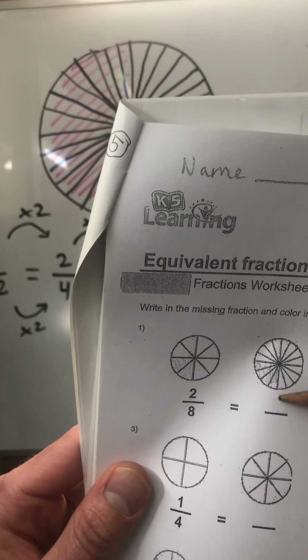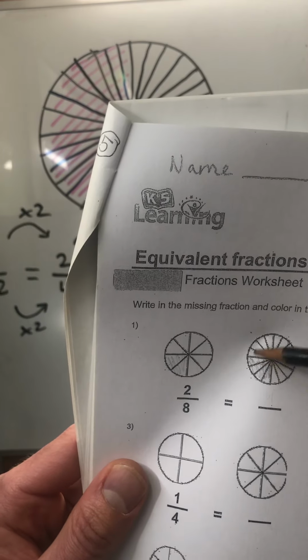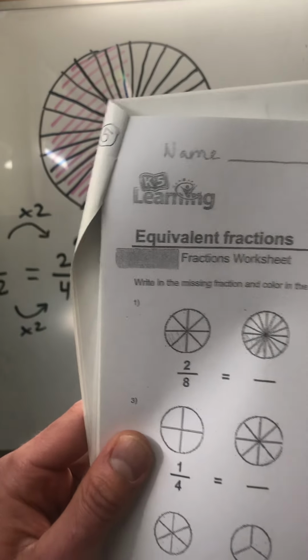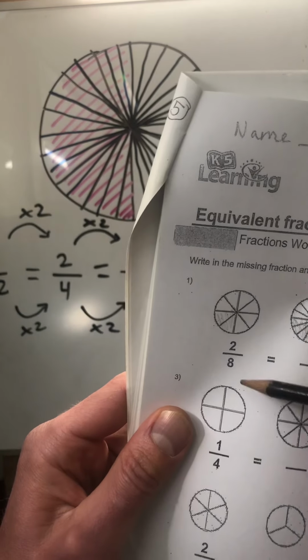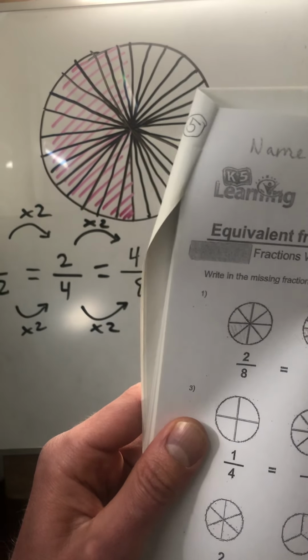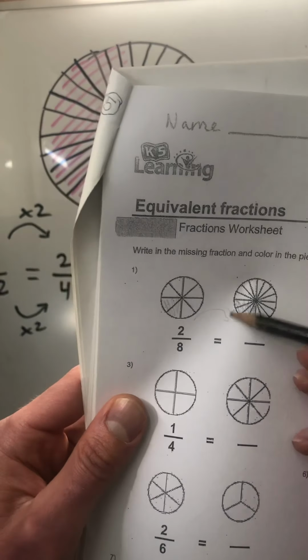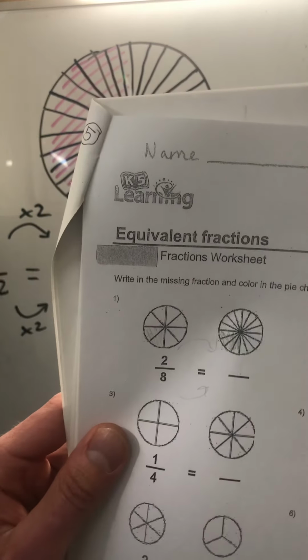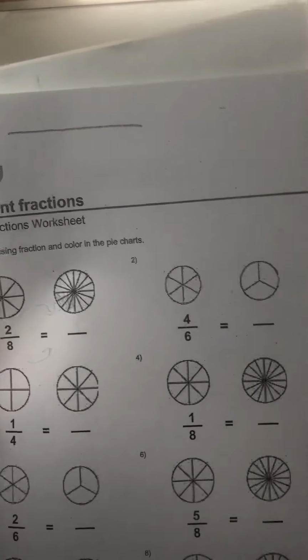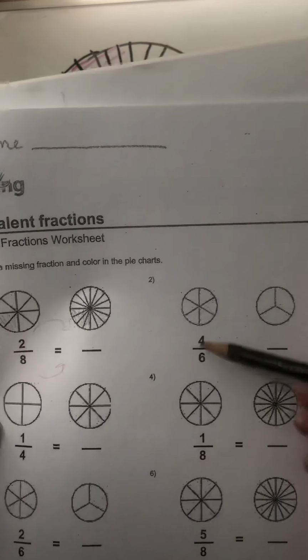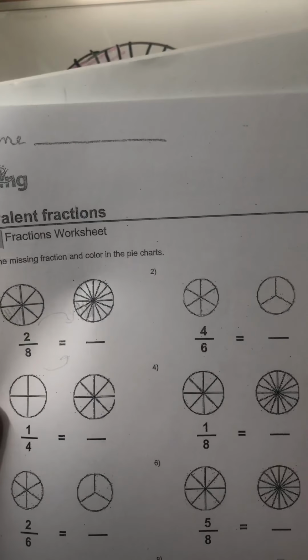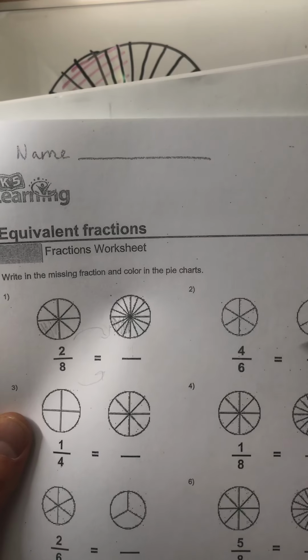How many do I have? 4. How many are total? Well, I better count them up. And you'll know the answer. And you'll also know that whatever happens to this number, it's going to happen to this number. So as you do these, first color them in, and then color these in, and then count up the total,